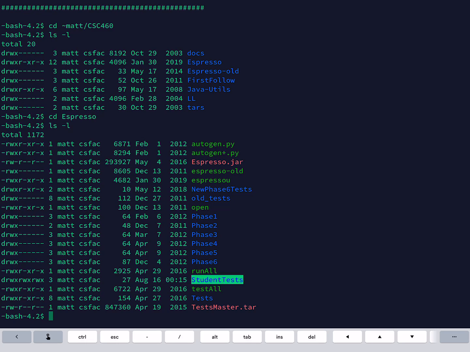Then there's espresso.jar. That's the jar file we need for the very last phase, so we don't need to do anything with that right now. It's actually a compiled version of my reference compiler. I don't know what espresso old is, but I don't think we need it. Then there's the only thing that you actually need to grab from this directory, the rest can be installed, and that's this espresso u script. So if we look at that,